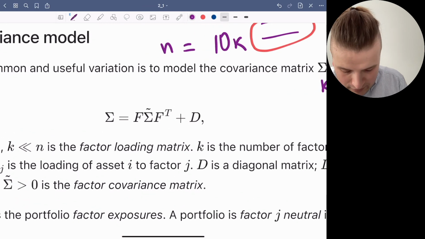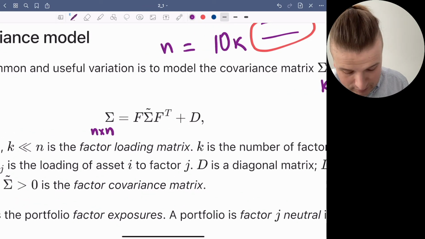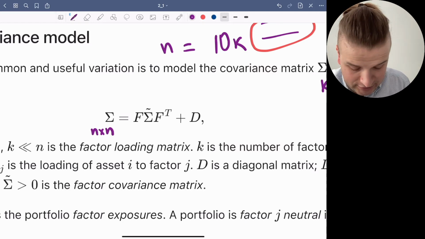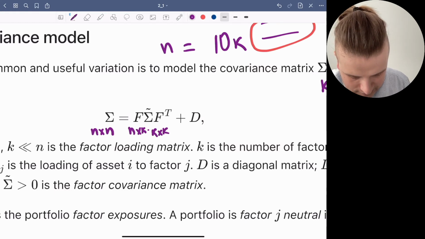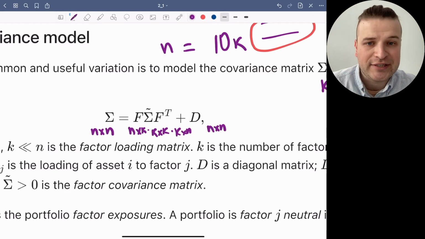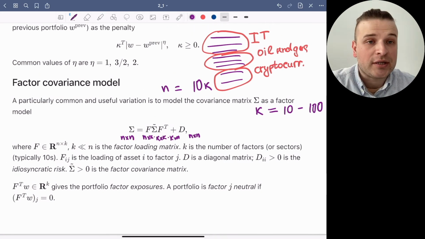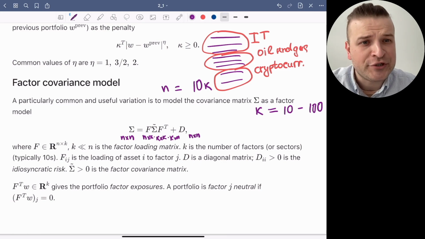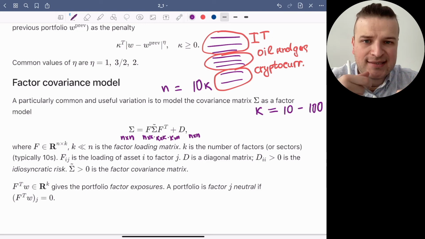Then you have this n times n covariance matrix, but the factorization of this matrix is the following: n times k multiplied by k times k multiplied by k times n, plus, optionally, an n times n diagonal matrix D of what is called idiosyncratic risk, which means the risk related to individual assets,